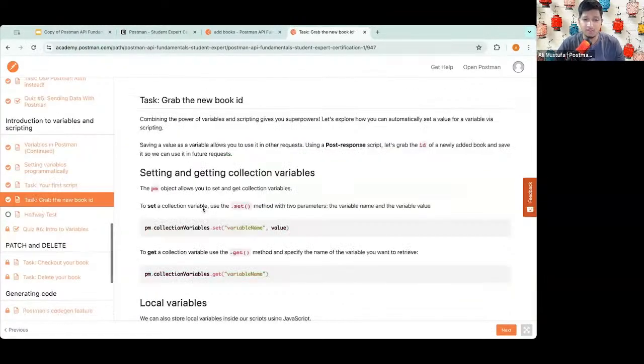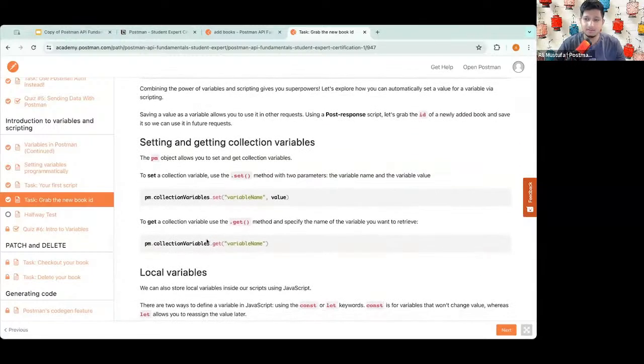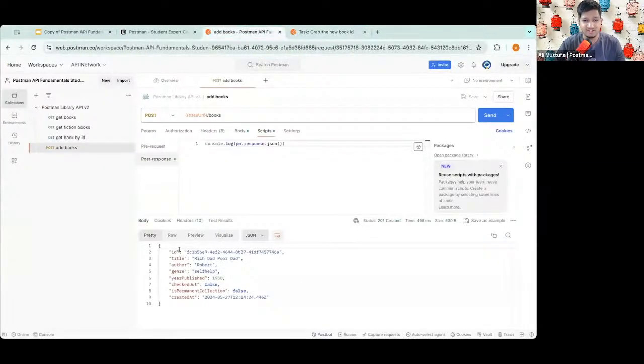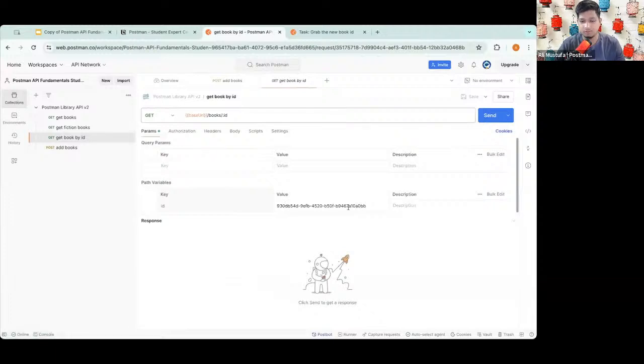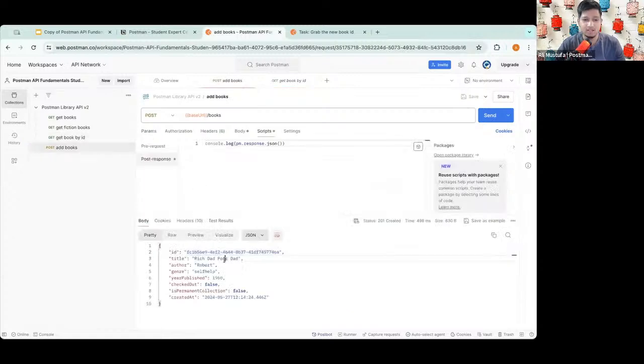And here, what we are going to do is set the ID variable, which we just created right here, in a variable named ID. Now, what that is going to do for us is we don't have to reference this again and again, right? Instead of copy pasting it here to see if that book is added, we can directly reference the variable itself. Earlier we selected it by just selecting this and then right clicking and saying save as variable. But right now we are going to write a program to do that.